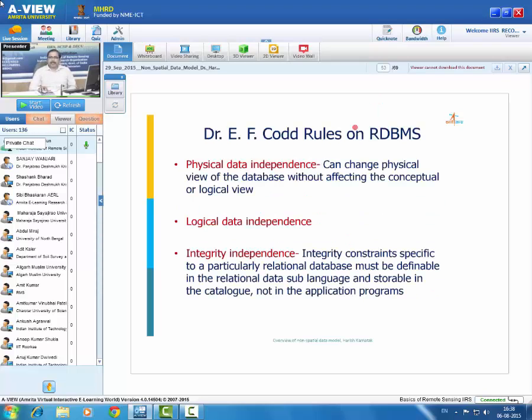Very important point here. The next rule says that physical data independence means you can change the physical view of the database without affecting the conceptual or logical view. It is basically a logical level definition of your data. If you go through the DBMS literature, we have different levels of views, like the physical view, the logical view, and the database. So it says that